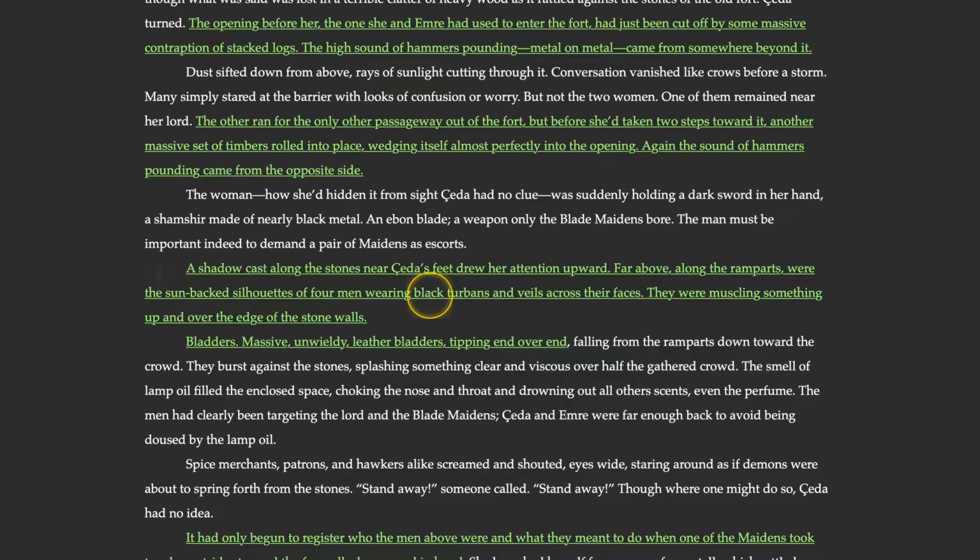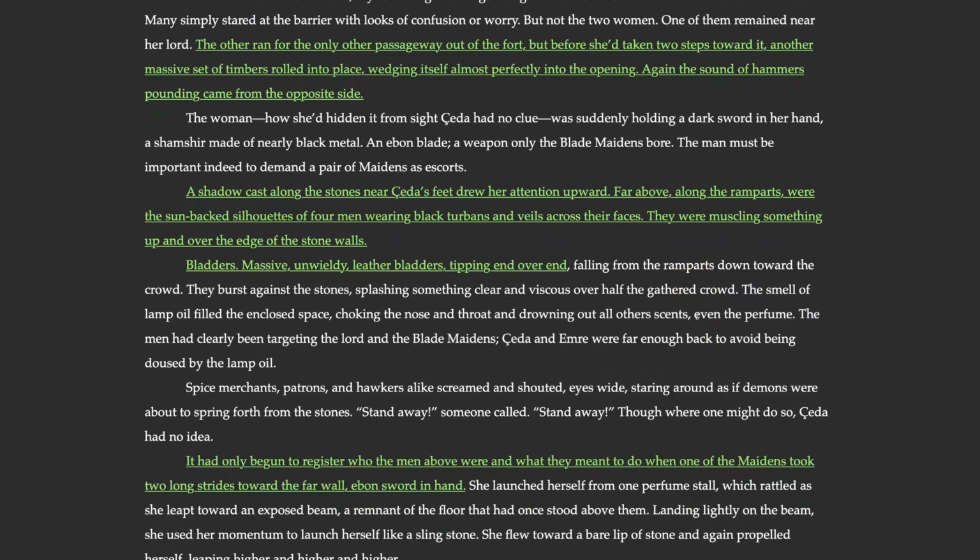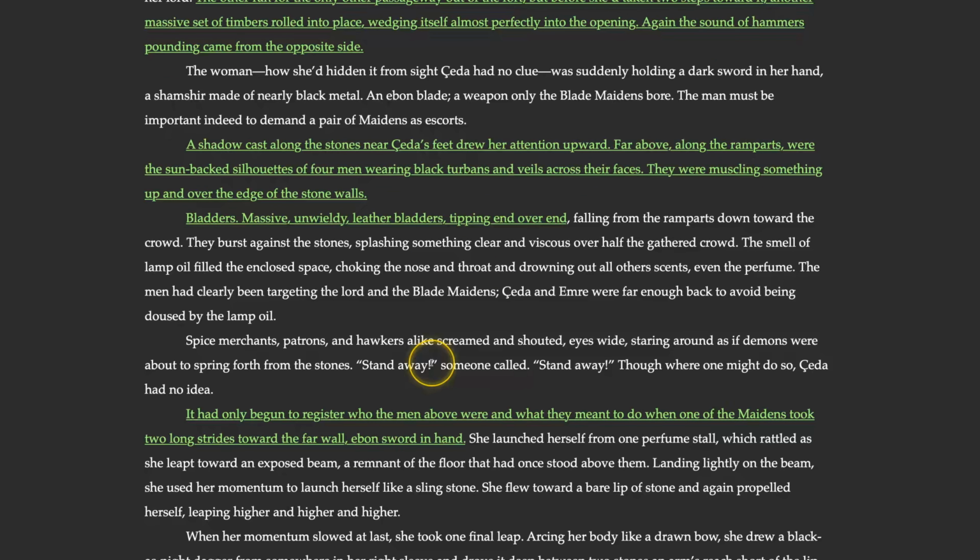So there's a shadow cast along the stones, and Cheetah looks up and she sees the sun-backed silhouettes of 4 men wearing black turbans and veils, the moonless host. And so they're muscling something over the edge of the stone walls. And so their bladders filled with lamp oil. And so they tumble and splash, and the scent of the lamp oil fills this space. And so we're amping up the tension. People are starting to freak out at this point. And of course, Cheetah and Emery, Cheetah especially, because she's our POV character, is starting to get very scared about